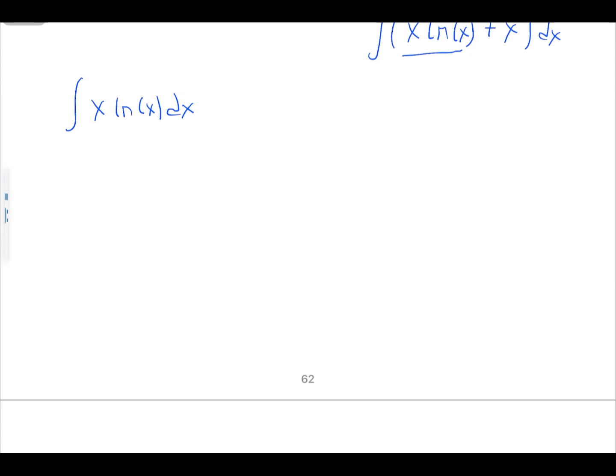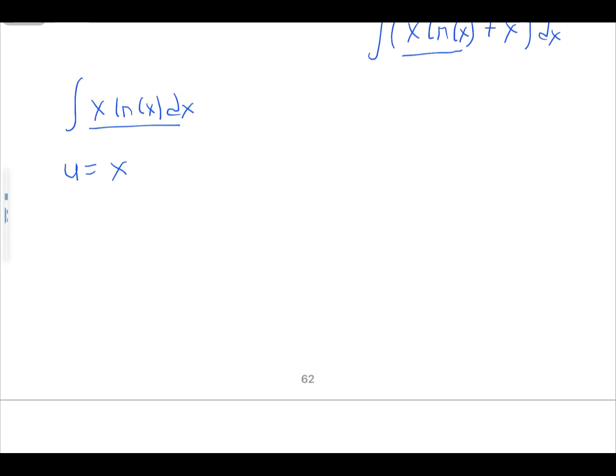And since you have an integral of x ln x dx, we need to make the right decision. And remember that I told you that mostly give u to the function of which when you differentiate, you'll be reducing the power. And when you look at this one, you can see that when you give u equal to x,